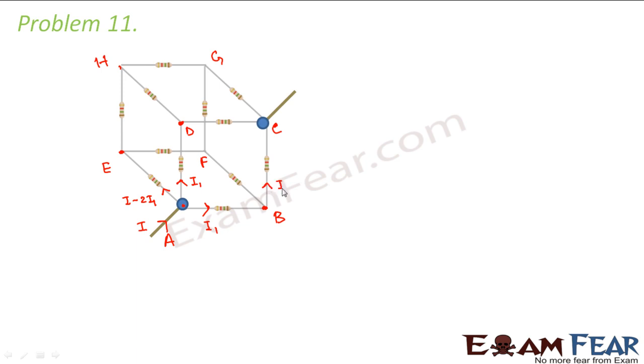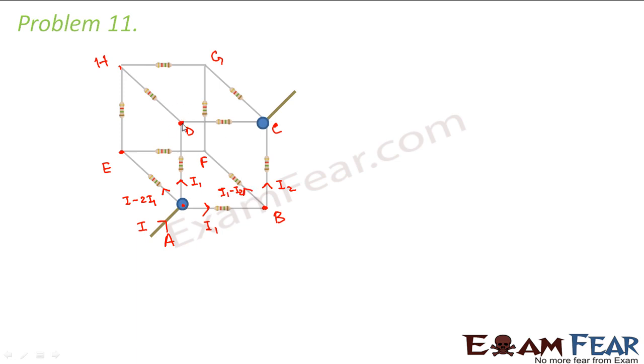Let us suppose I2 current goes along this path. So how much current will flow along this path? The total current was I1 here, out of which I2 flowed along this side. So on this side it will be I1 minus I2. What we saw is, whenever it is a 1 resistor path, the current flowing is I2. For a path having 3 resistors, the current flowing is I1 minus I2.